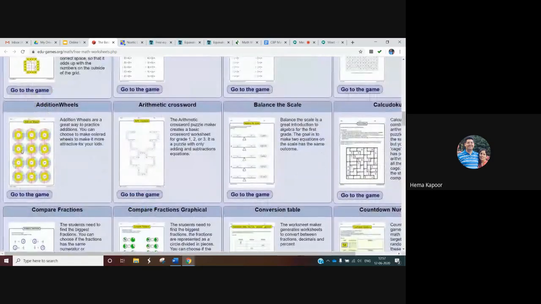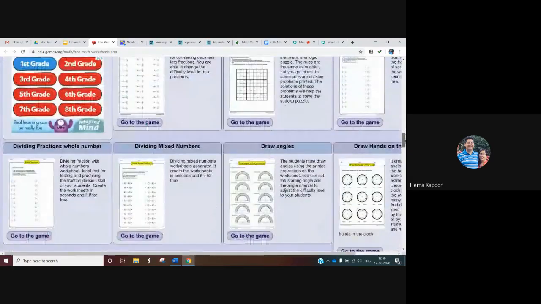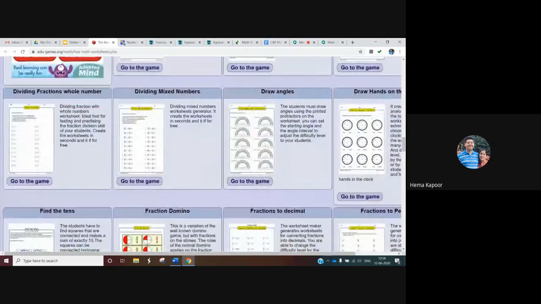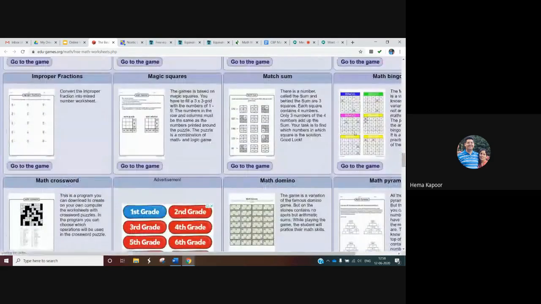You can see addition wheel game, arithmetic crossword, balance the scale, draw angles. So see this maths bingo. I have created this worksheet from this website.